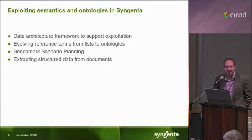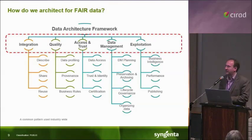exploitation of data, and how we've evolved our reference terminology over to ontologies, so we're very much starting in that area. An example of benchmark scenario planning, which I'll skim over because a colleague of mine on Thursday is giving a detailed description of the mappings that we're using in that, and then extracting some structured data from documents. So first off,